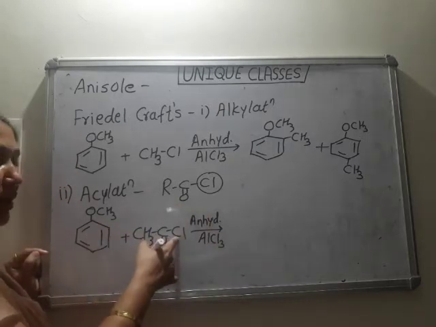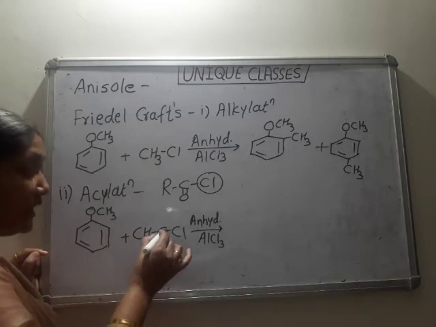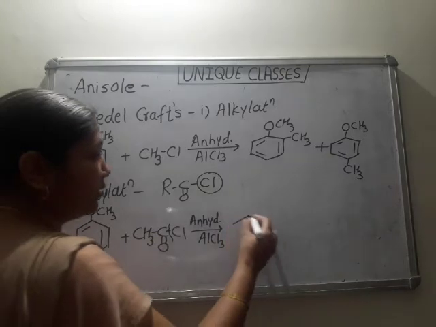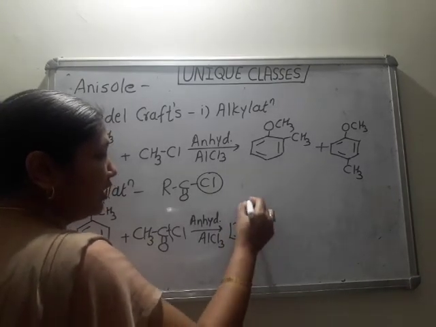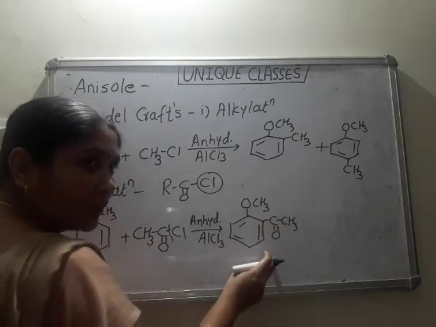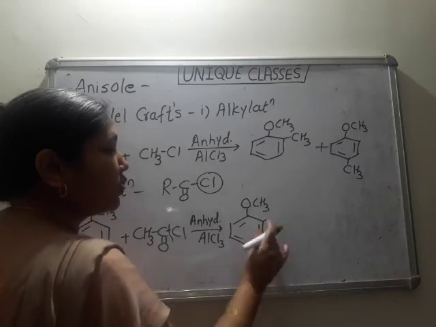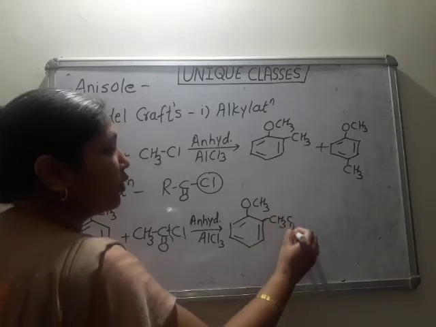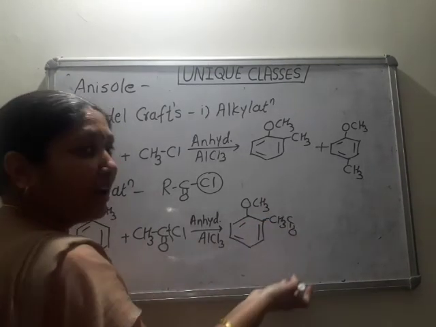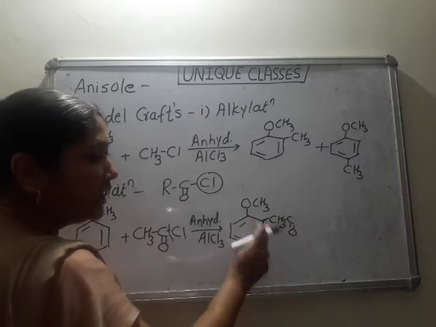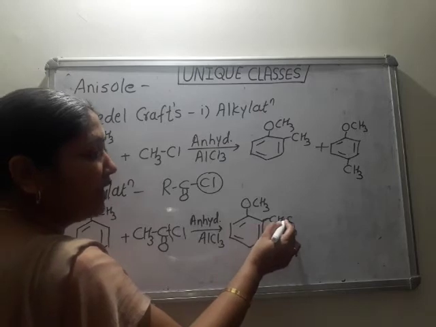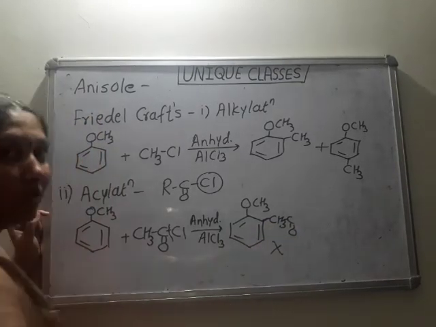Again this ortho hydrogen and chlorine combine to form HCl. And see, the valency of this carbon becomes free. So this carbon is to attach to the benzene ring. Many times you people make the mistake of attaching the wrong group. What is expected? COCH3. This is expected. Sometimes some students write it as CH3CO, which is obviously wrong. Check, this carbon becomes pentavalent and this carbon is still trivalent. This carbon has formed 5 bonds, 3 with hydrogen, 1 with the benzene ring, 1 with this. So this is absolutely wrong.